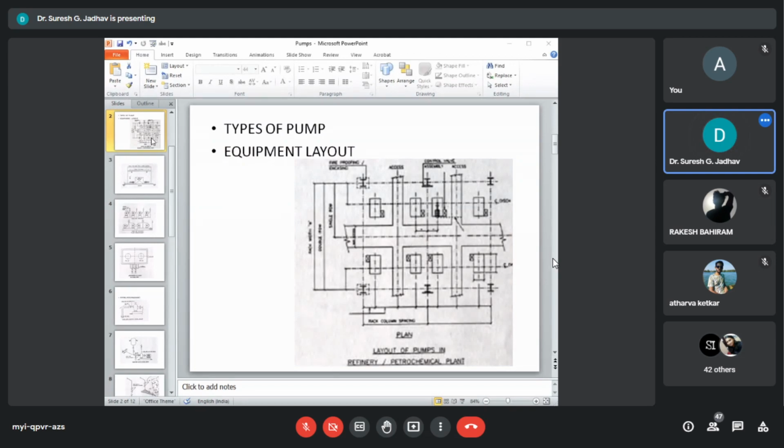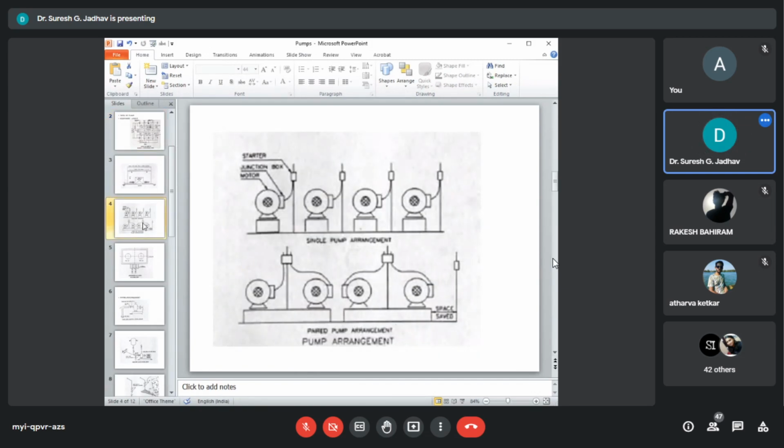When space is restricted or the pumps are small, two pumps can be placed on a common foundation, with the orientation of the motor terminal modified if required. See here, you can see the modified motor terminals here.